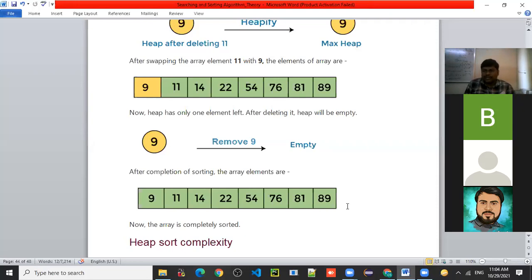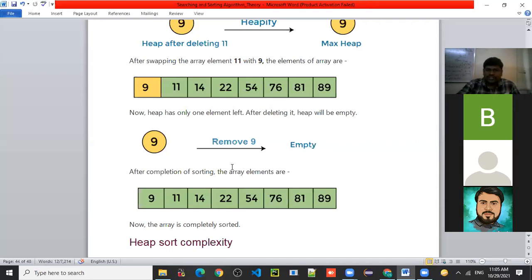But you need to understand all the logic: what is meant by heap sort, insertion sort, selection sort, merge sort, quick sort, right? After that, shell sort we have discussed. All these algorithms we have discussed, so you need to revise all of them once again, right? And bubble sort we have already implemented. The rest of the algorithms we will implement when we get time, right?